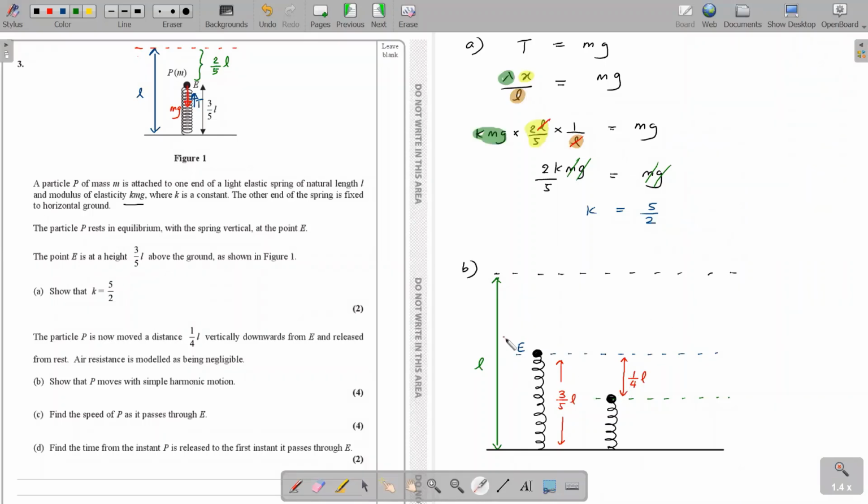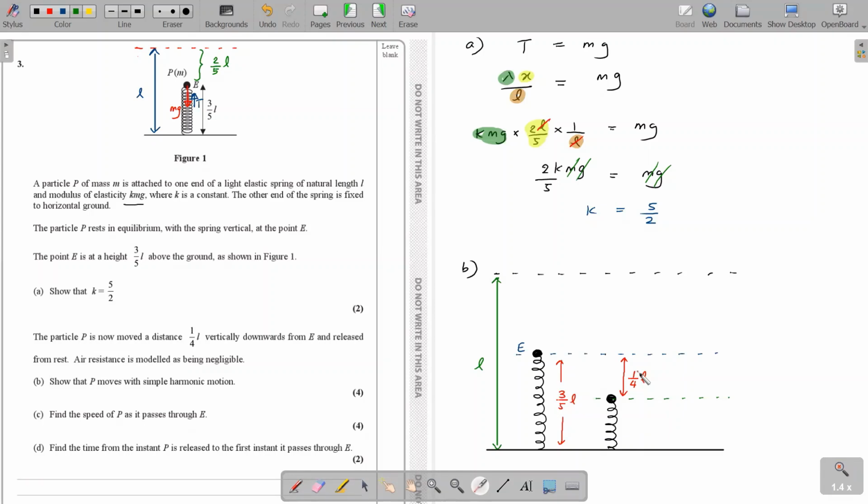Okay, so now I have drawn a series of diagrams here. This is for the natural length, the particle with the weight of the particle. The object is in equilibrium at 3/5L. And then from that point, they are further bringing it down a distance 1/4L from its equilibrium position. So this is really important that you realize what this particular distance is, because if you bring a system that